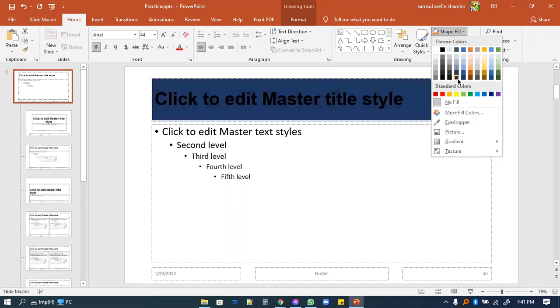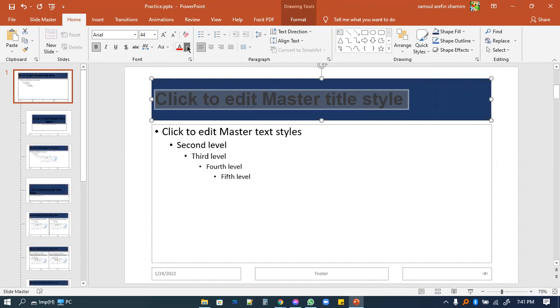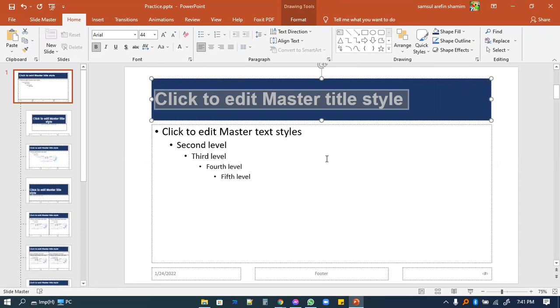I think this is blue and this is blue gray. Let's choose the deep blue color like this, and let's change the font color into white like this. Another thing you need to keep in mind, a lot of times I said it: if the question says that you have to choose the font family that is sans serif, that means you have to choose Arial. Most of the cases in your exam,